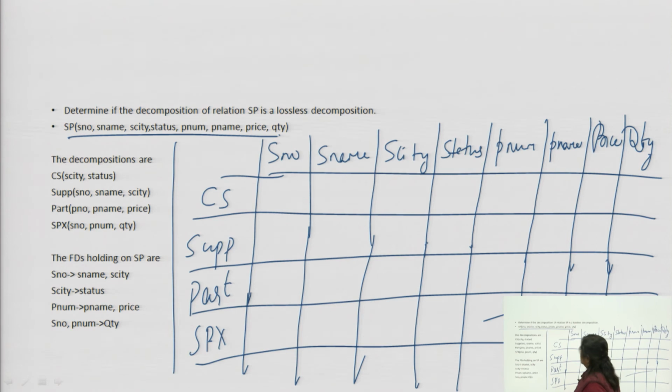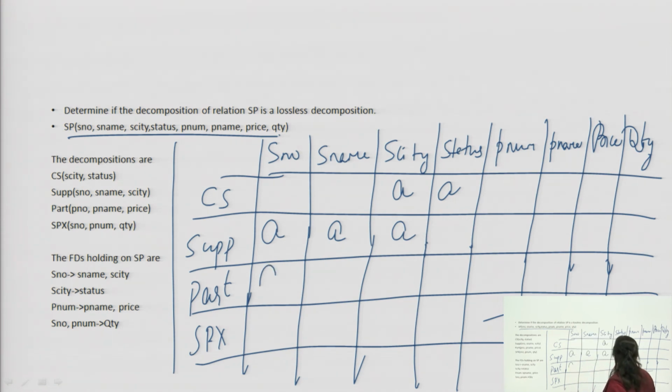Right. So, CS, SCT and status. SCT gets a value, status gets a value. Supplier S number gets a value, S name a value, SCT a value. Part PNO, sorry, PNO a value, S part PNO, P name a value and price a value. SPX, that is SNO,